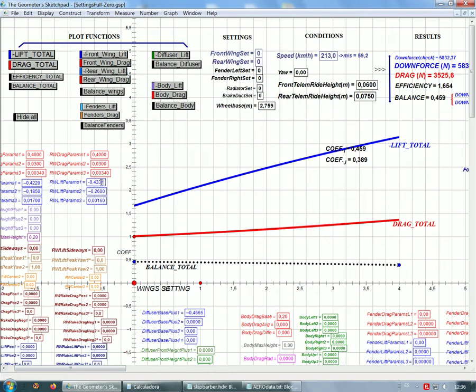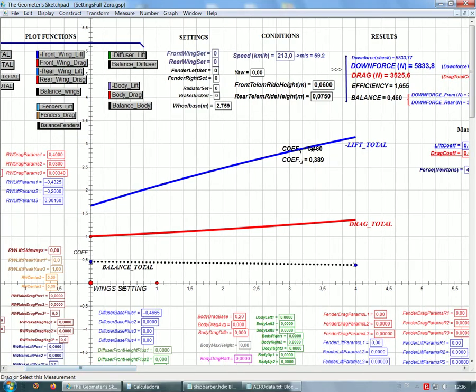Probably we can a little less here, a little bit more here to obtain the right balance and the right downforce,